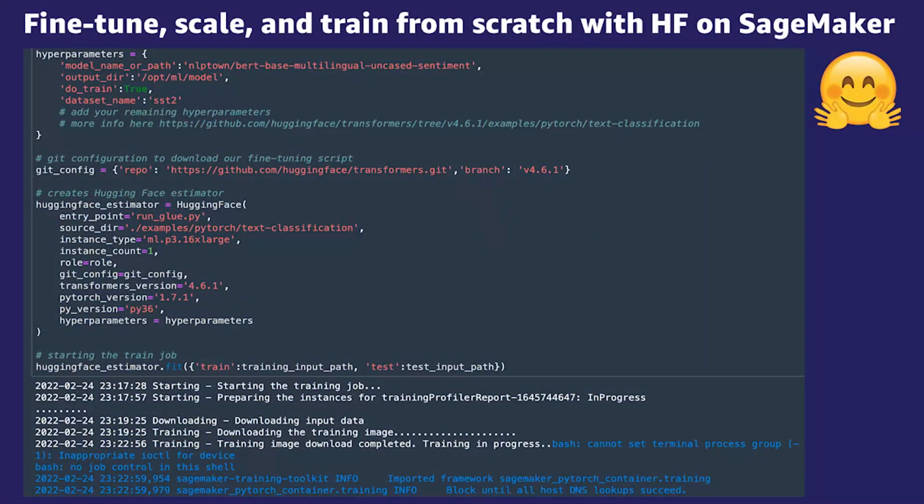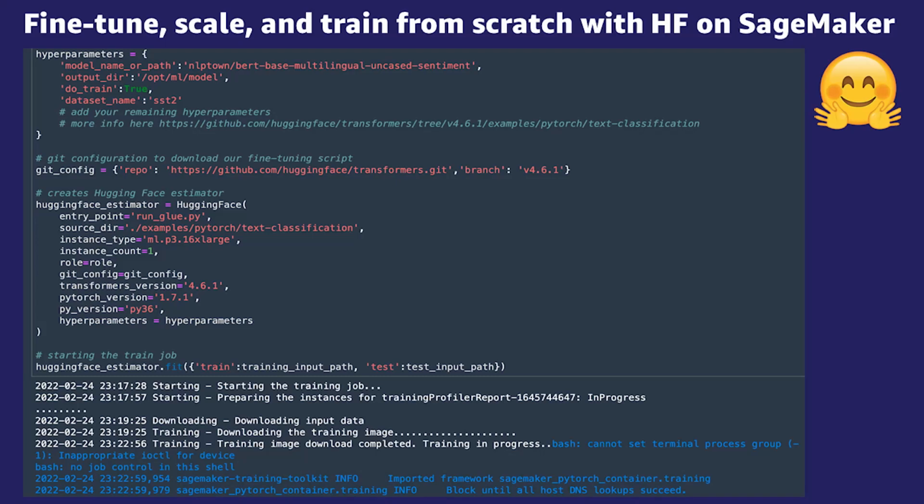All right. So there are 3 modes of Hugging Face models on SageMaker. You can fine-tune your model, you can scale your model, and you can train from scratch. And you can do all of those using this Hugging Face deep learning container. So you remember we learned about this in that first video where essentially, again, there's a pre-built deep learning container that is available to SageMaker customers, and that uses the Hugging Face base images and the base content. Now we're going to pass in a handful of hyperparameters to that container.